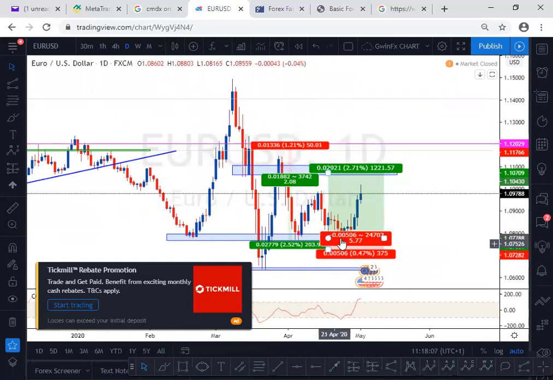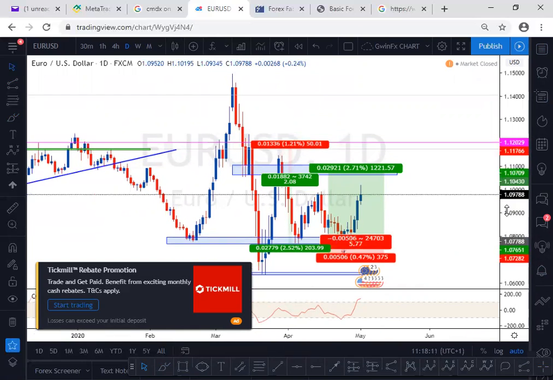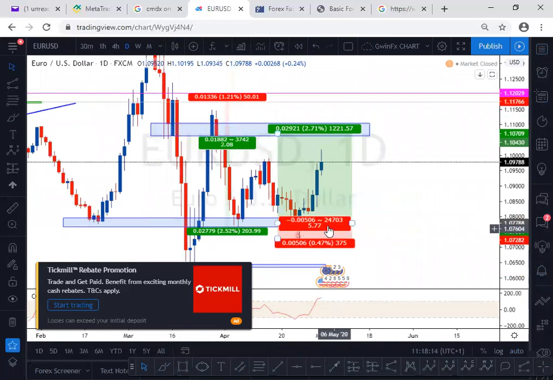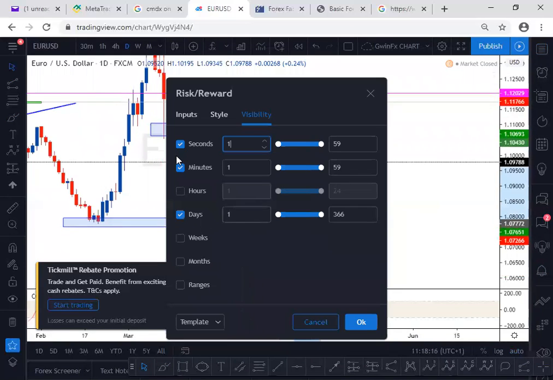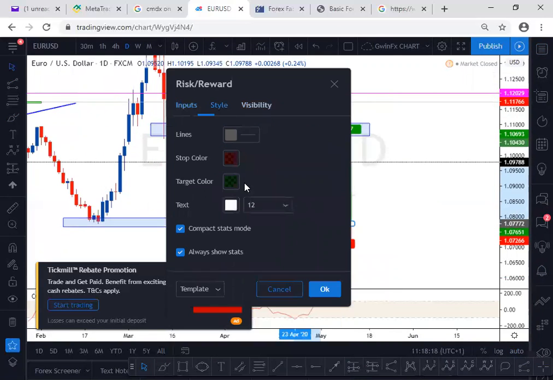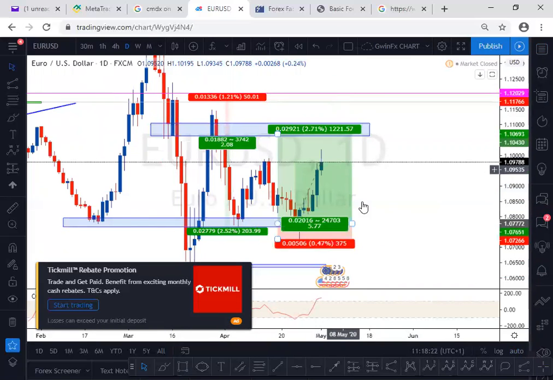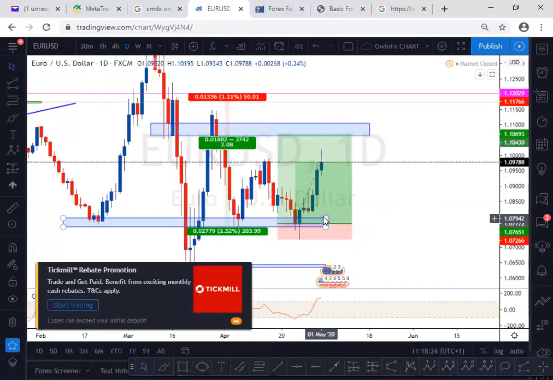So this was our initial trade from this point down to the downside, and we had a buy inside of this area to the upside. So let's just take this stupid nonsense out. All right. So this was a trade we took from this support. All right. Our risk was down here. I want to target this zone.